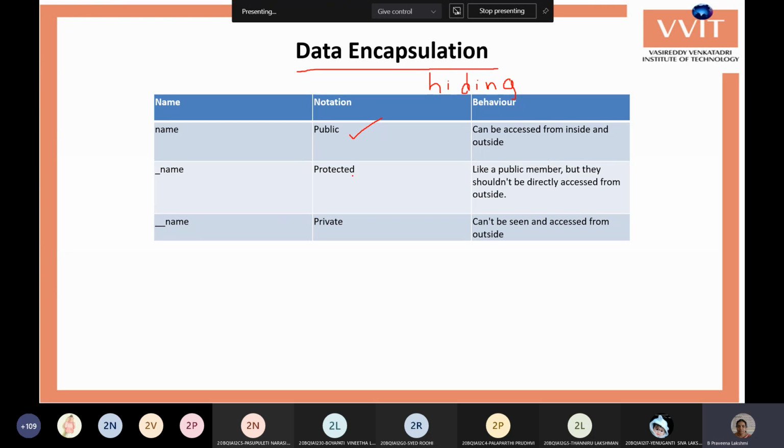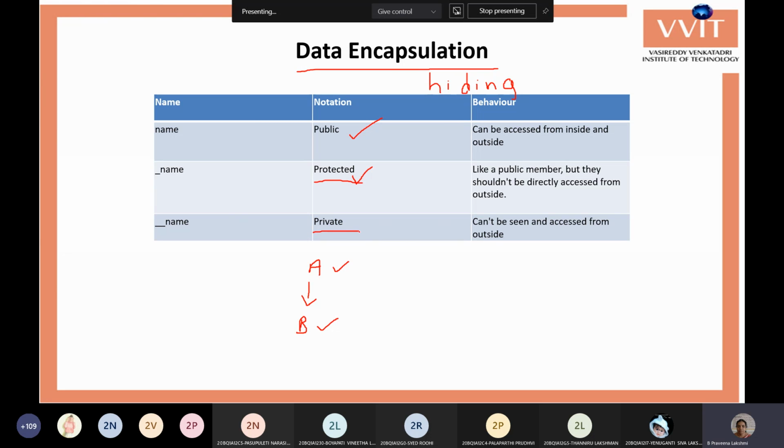Protected means the variable is only accessible within the child classes, or the inheritance hierarchy. Say for example, I have one base class and some child classes. The base class variable is only accessible within the child classes, then we can make the variable a protected variable.